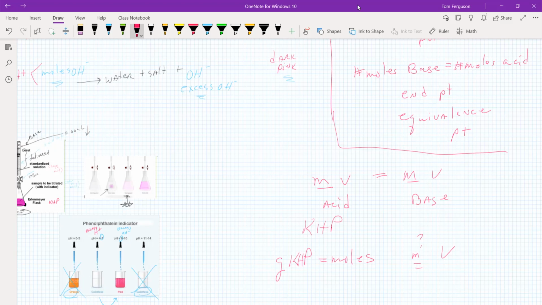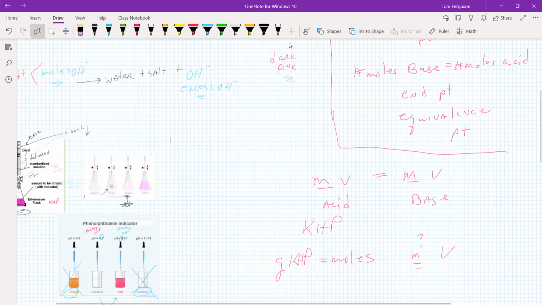Very similar to test 2. And I'm doubling down on that because that's one of the weak areas of the typical 1A student, or the typical 3A, or the typical 2A student. And then solutions, we get into moles again. So it'll be solution problems, similar to the ones that I showed you yesterday on the